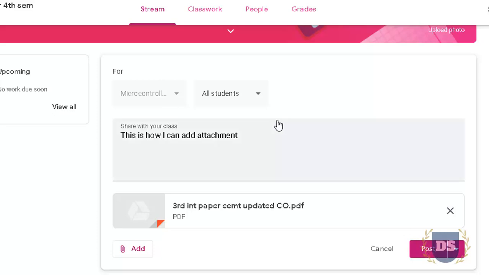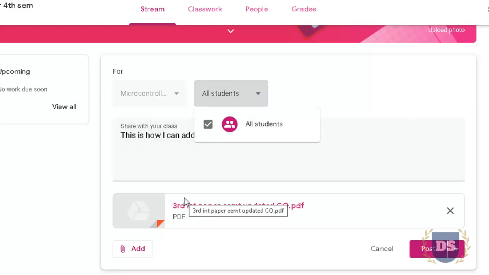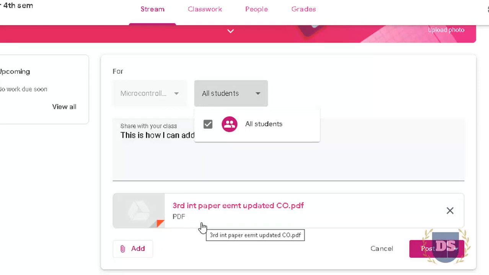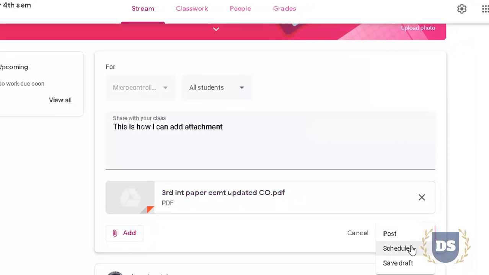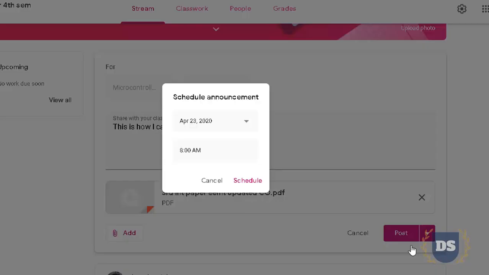Along with that, I also have the provision to handpick my students. If I don't want all the students to get this circular, or if I'm trying to do any sort of mentor meeting, or take remedial classes and want to convey information related to that, I can select only those specific students and send this information. I can also schedule a specific time. If I want that information to get posted at a specific date and time, I can schedule it by entering the required information here, date as well as time.